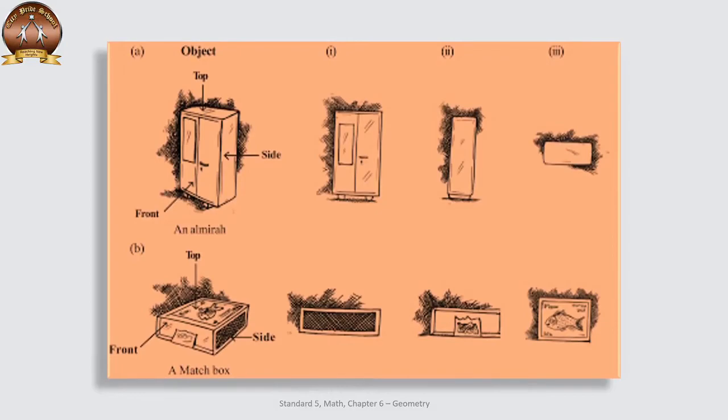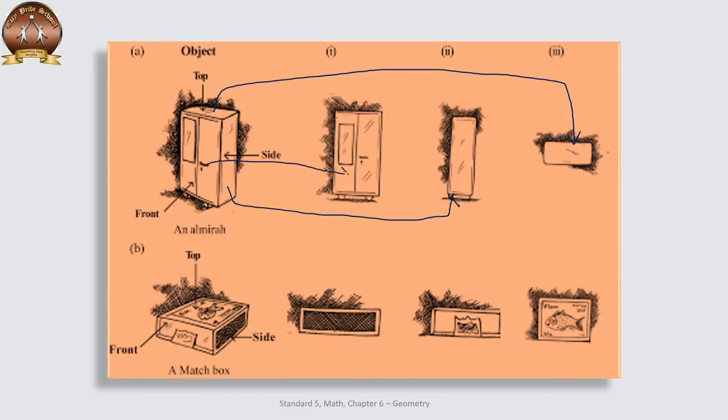See, the first object here is an almirah. An almirah has 3 views, like a solid figure. The top view is this one. How does it look? And the side view is this one. From the front, the almirah looks like this. So if you are looking from the front side, the almirah will look like this. If you look from the sideways side, it looks like this. And if you are viewing it from the top, it will look like this. So all the 3 views are different. All the 3 shapes are different.